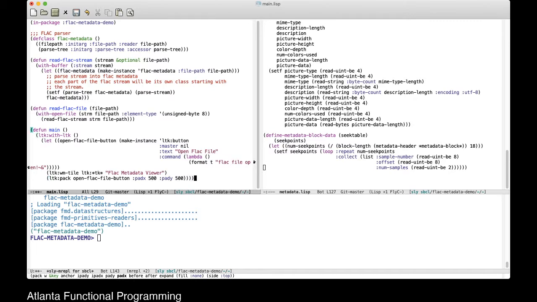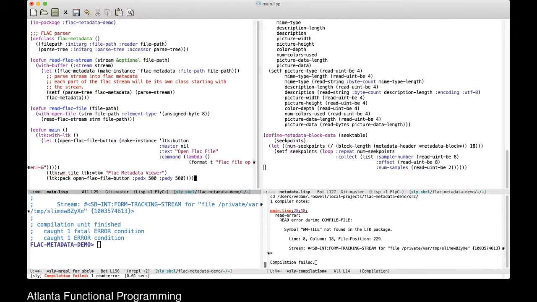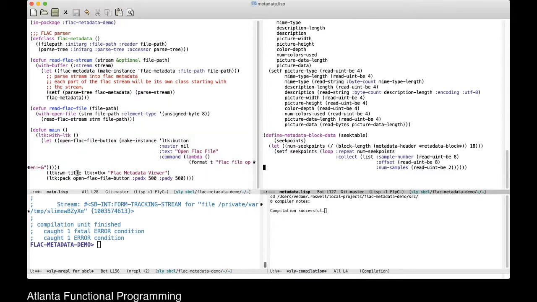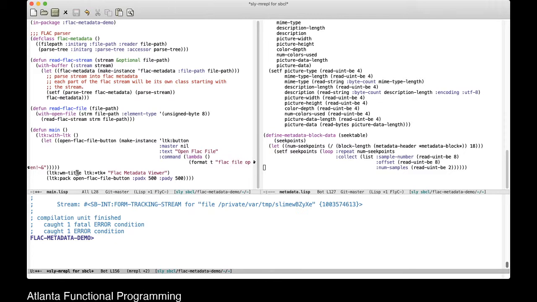Okay, so let's go ahead and compile this. And oops, typo, not tile, title. There we go. And if we run main here, we'll see that